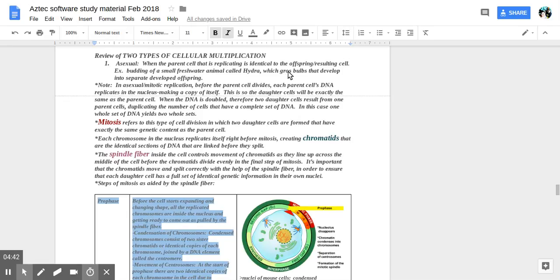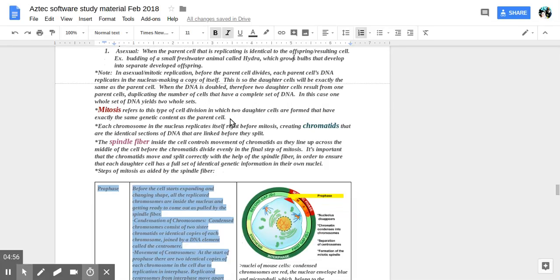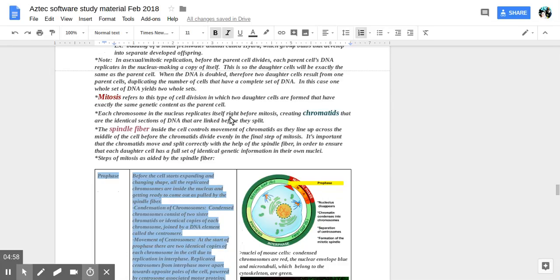It grows bulbs that develop into separate developing offspring. Note, in asexual or mitotic replication, before the parent cell divides, each parent cell's DNA replicates in the nucleus, making a copy of itself in order for the daughter cells to be exactly like the parent cells. When the DNA is doubled, the two daughter cells result,